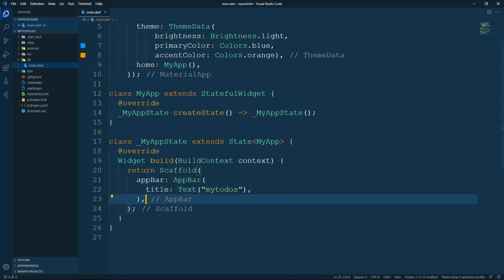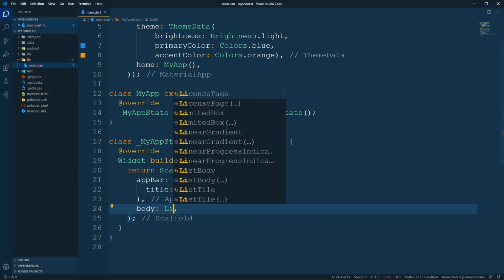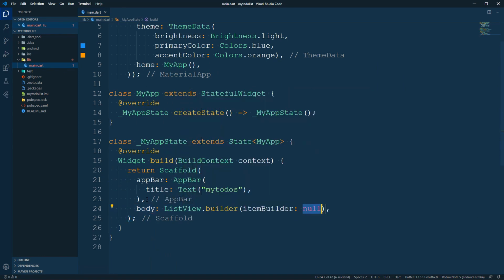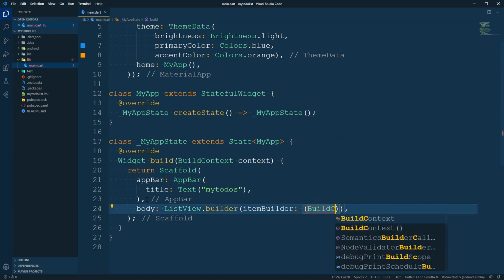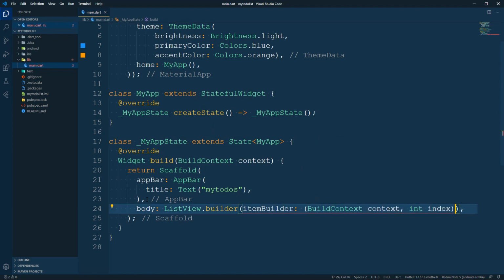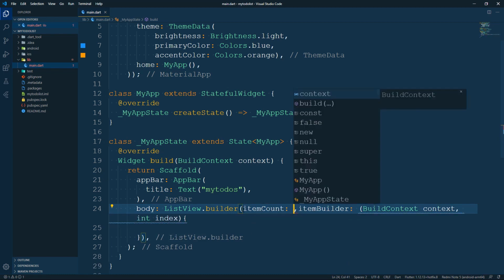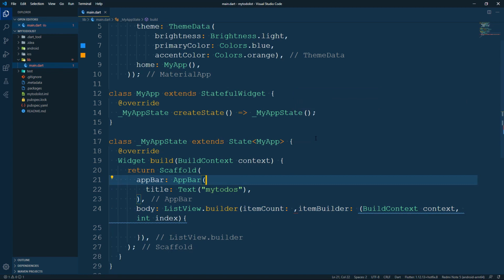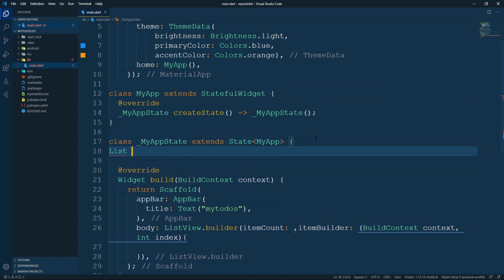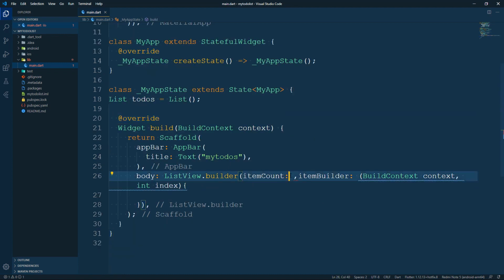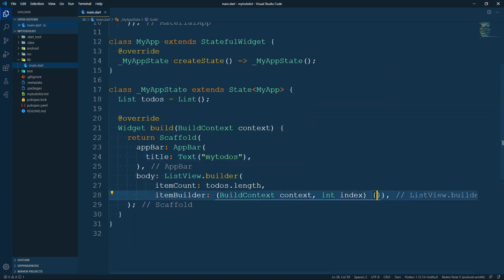Alright, and below this we say body and we want to show a list view and we use ListView.builder, and inside this itemBuilder we say BuildContext context and index, and again we say itemCount, but before that we need to create a new list and we say todos, look like this,